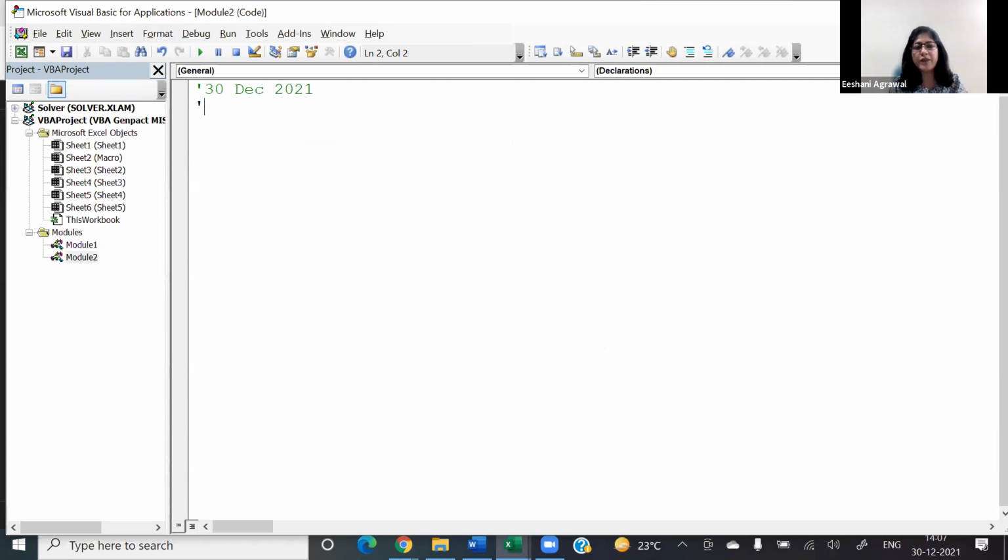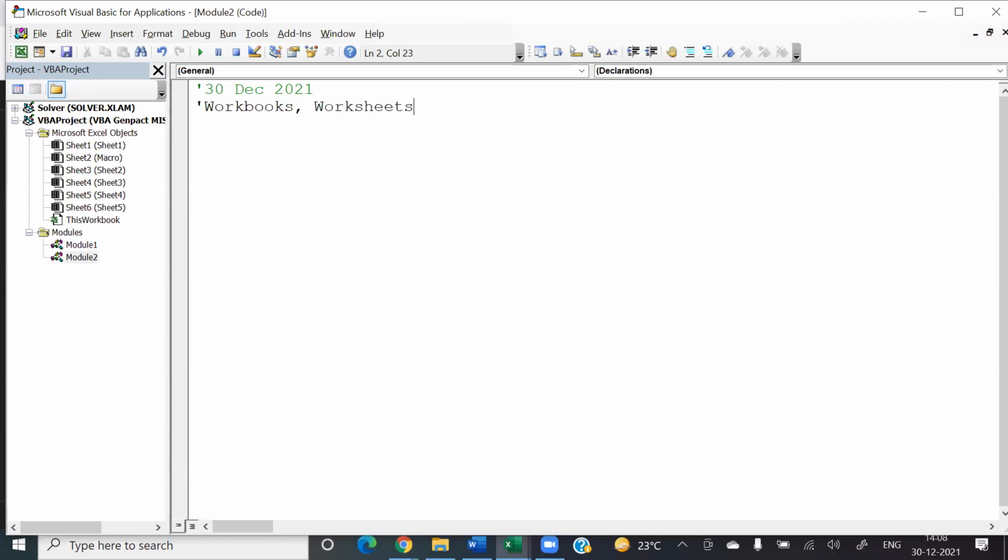Once you click on your Excel icon, what opens? Asking for a blank workbook or something like that. Workbook, right? So our first object is going to be Workbooks. Inside a workbook, what do you see? Worksheets. So that's our next object we should be learning. Inside a worksheet, what do you work on? Cells, but a group of cells